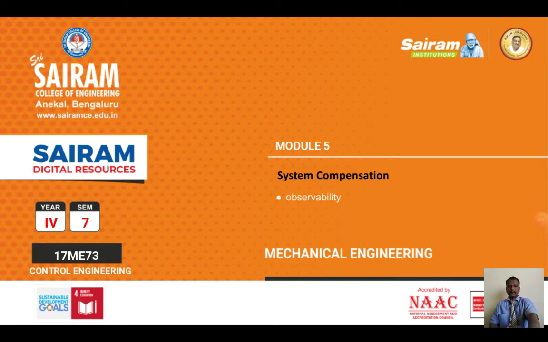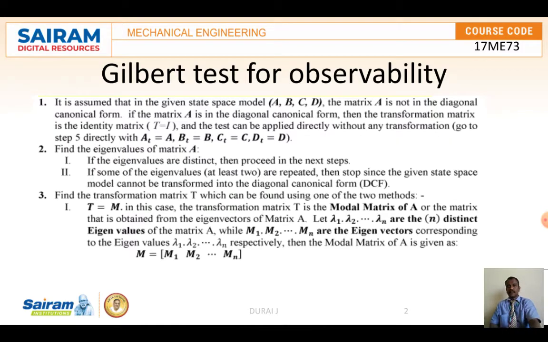So good morning everyone. In the previous video I discussed Kalman's controllability as well as observability. Now we are going to discuss Gilbert's observability. In Gilbert's observability, it is assumed that in the given state space model A, B, C, D,